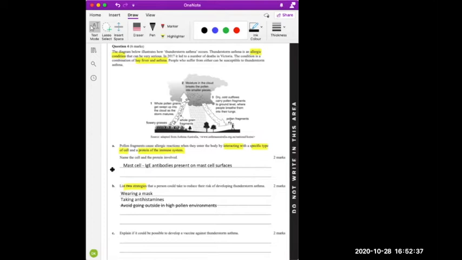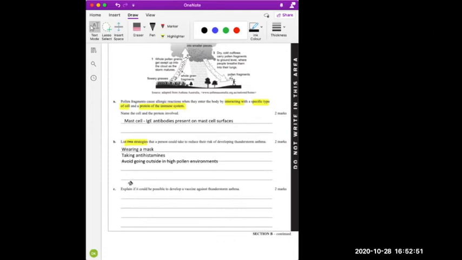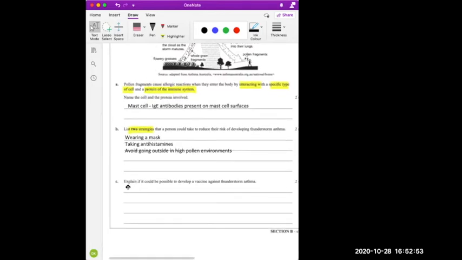So with pollen, pollen does induce this sort of reaction in people who have hay fever, but there are so many different types of pollens. Pollens are different for each plant, right? So if you're technically looking at antigens on the surface of pollen, each pollen is different. There's no common antigen for all different types of pollen because it's all different for all these different species of flowers. So basically you need to say that this is not possible. Vaccine against allergens